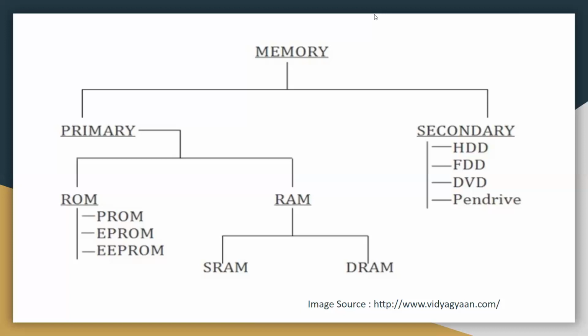RAM is usually small in size, both in terms of physical size and the amount of data it can hold. When we talk about RAM, it is categorized into two types: one is SRAM and the second is DRAM. SRAM stands for static RAM and it indicates that the memory retains its contents as long as power is being supplied. However, the data is lost once the power goes off, since the nature here is volatile.